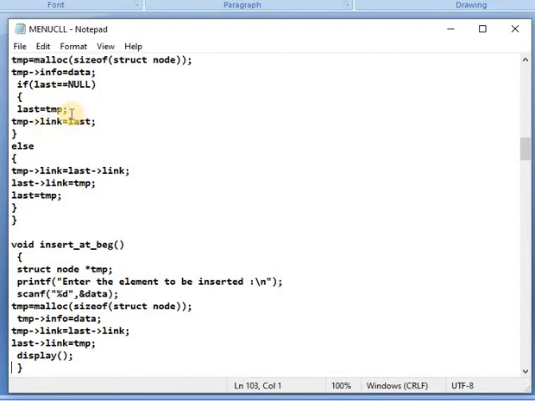If that is not true, then obviously some elements are there on that list, so at that time we check the last link, meaning the address of the next element. Then temp link is connected with the last address, and temp data is stored at that address.